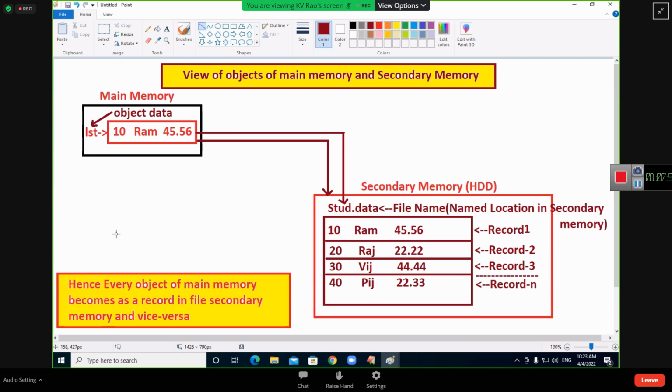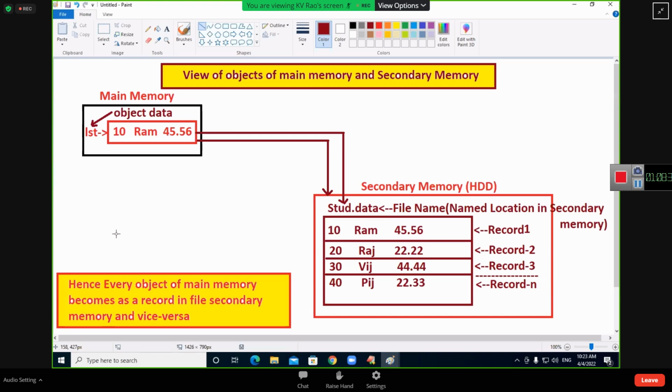Read operation. Once again, I stored my data permanently in files. I need to go for reading the data. I need to go for modifying the data. I need to do some operation on that. To do the operation, I cannot put my head into secondary memory where my data is stored. Definitely I have to bring my data into main memory. In main memory only, modification can take place. So to get the data modified from the files of secondary memory, I have to read the data into main memory. What is that operation called?